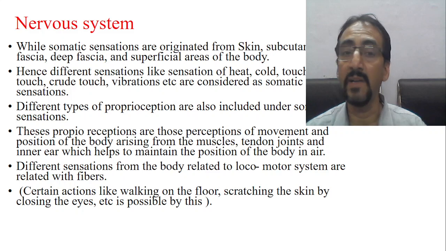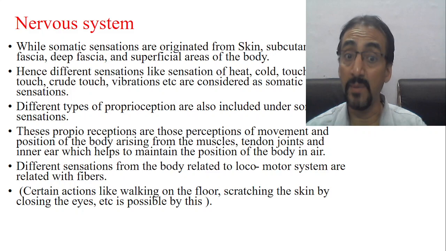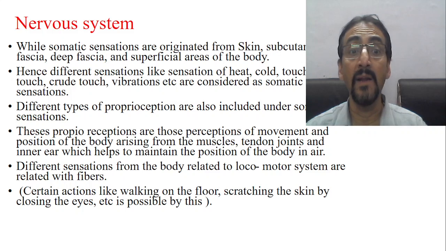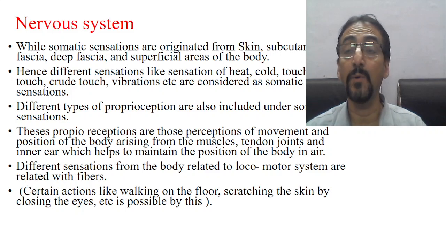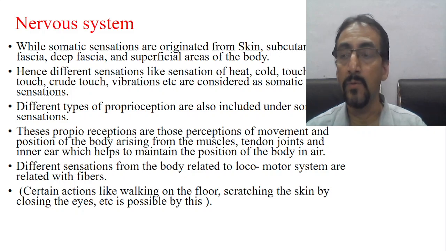Proprioception receptors are those receptors or perceptions of movement, of position of the body, arising from the muscles, tendon, joint, inner ear, and this helps to maintain the position of the body in the air. Now you see, when you are walking, ठीक है, आप जब चल रहे हैं तो एक कदम आगे बढ़ाया,